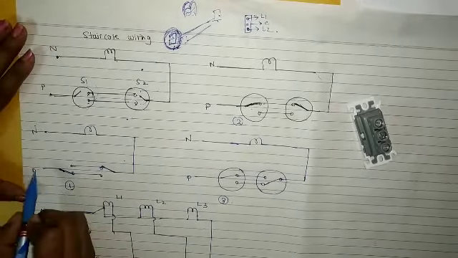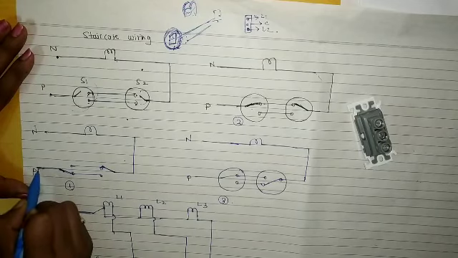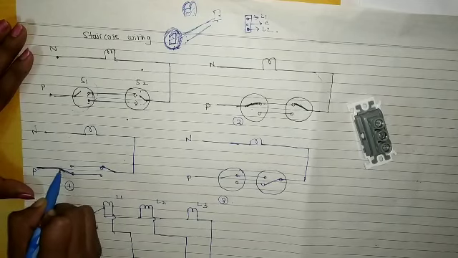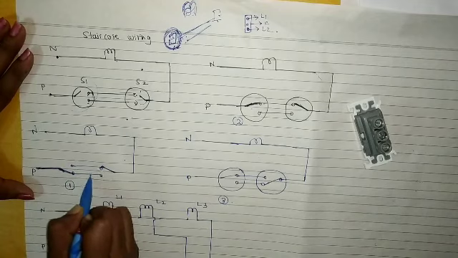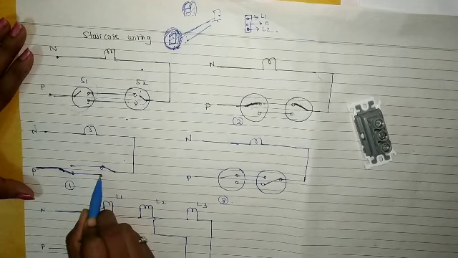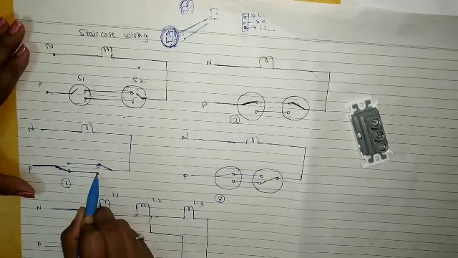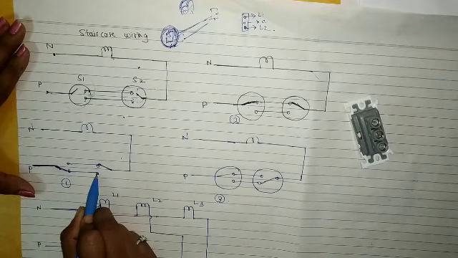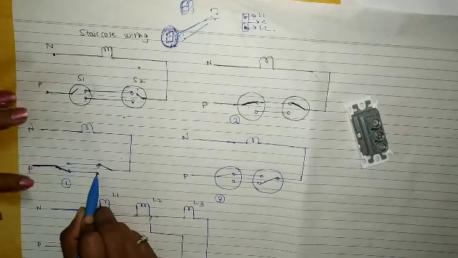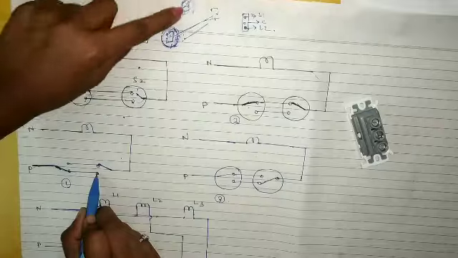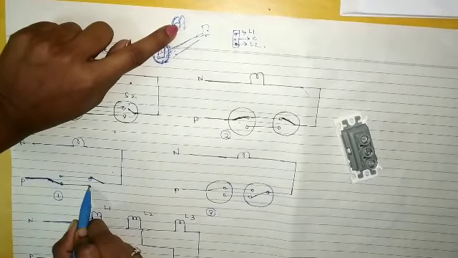So is this circuit complete? So this is the phase. So the current will come from here, will come here, from here. It will not go forward. Why? Because the circuit is not completed, right? So the bulb will not glow in this position. So here bulb is not glowing, right?